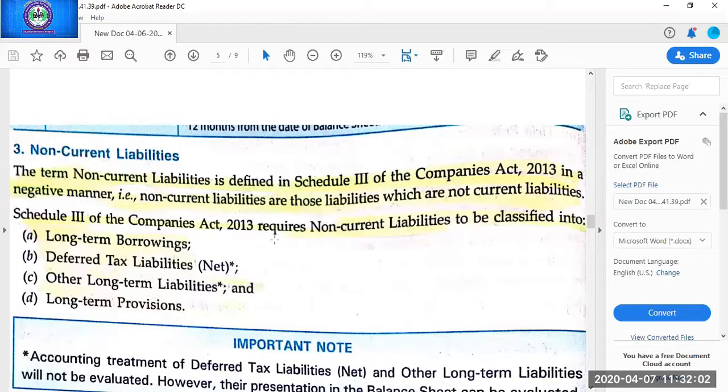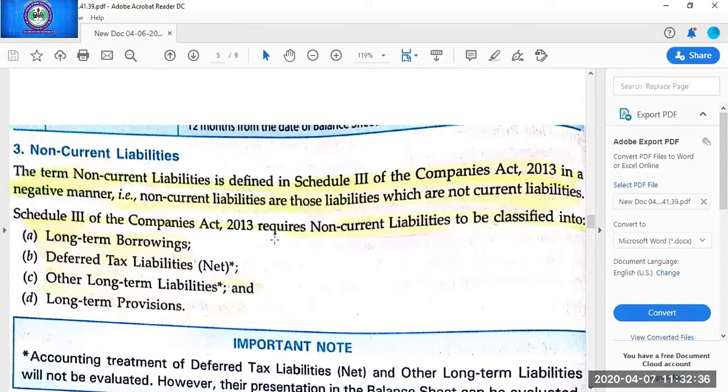So now this is all about the head of the shareholder fund. We have discussed here three things. First was the share capital, two parts: equity share capital, preference share capital. Then we discussed the second subhead, that is the reserve and surplus. Then we discussed the main examples of reserve and surplus. Then finally the money received against share warrant. Money received against share warrant is a non-evaluative topic from the numerical point of view. So mark it, it will never come in numerical form.